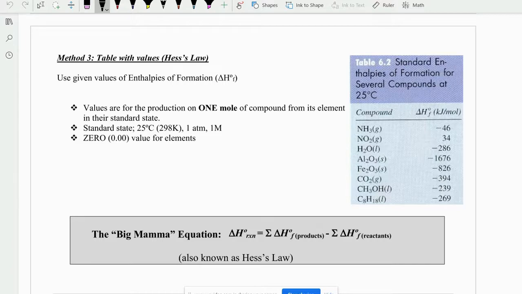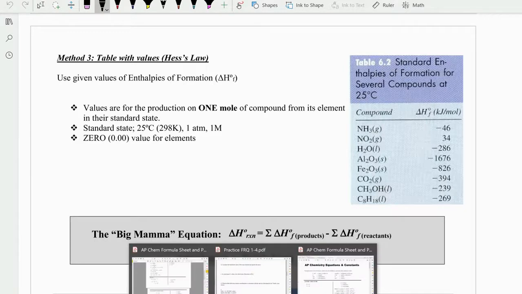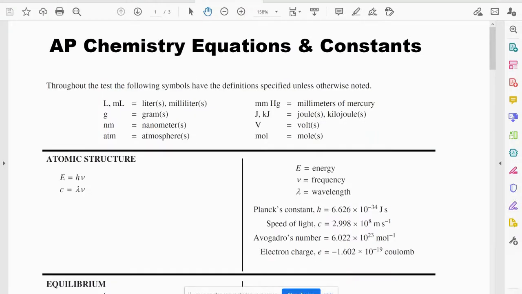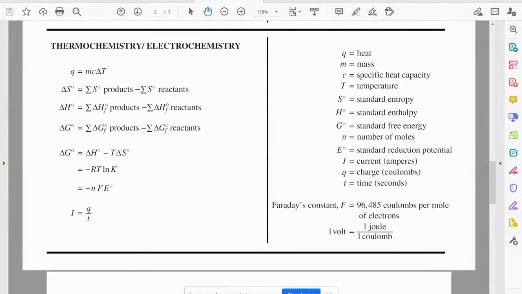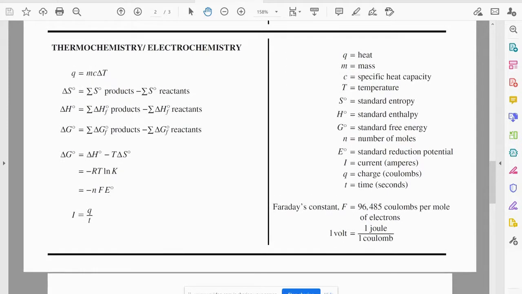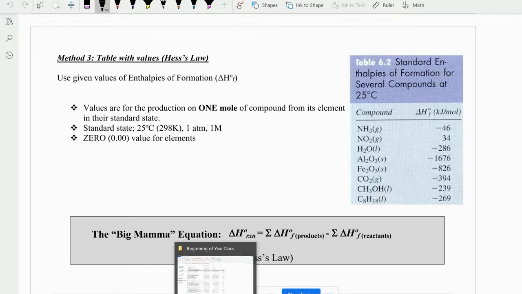But before we begin, I just want to quickly remind you that if you go to your AP reference sheet and you scroll down to the area that says thermochemistry and electrochemistry, you're going to see several given formulas. And you should start to recognize as we go throughout this unit some of these. And if you take a look at this first one here, the Q equals MC delta T, we learned that in the last podcast. We qualified that as calorimetry, being able to use this equation to calculate the heat content of a system. Well, today we're going to learn about calculating enthalpy, or the heat content of a system, using